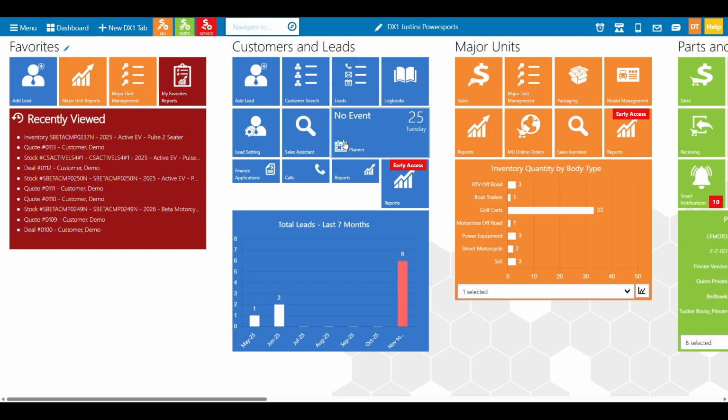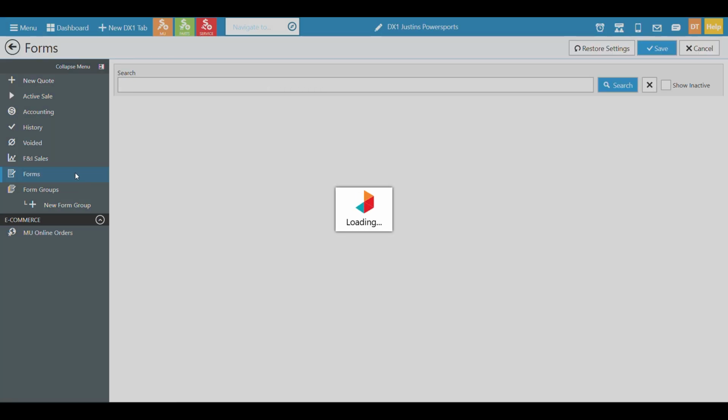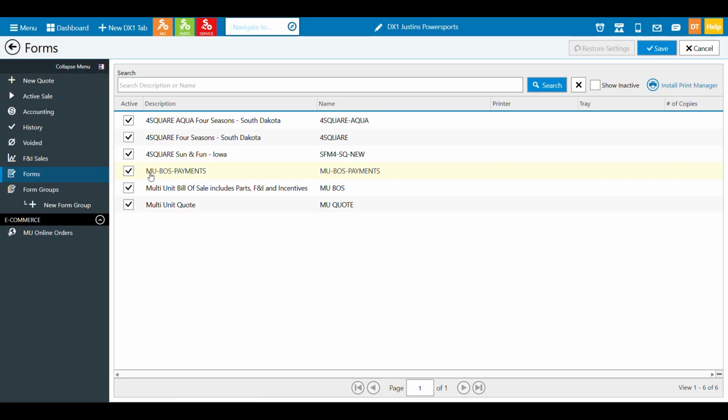One of the things with direct printing that we need to do is, I just mentioned, install some software which is called the Print Manager. If you're wondering whether you have Print Manager installed or not, there's a couple ways you can do it. If you come over here to the Forms page, once it loads, you can see here it'll actually tell me to install Print Manager.